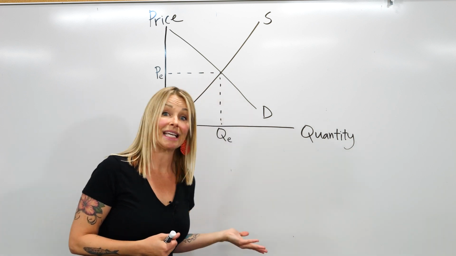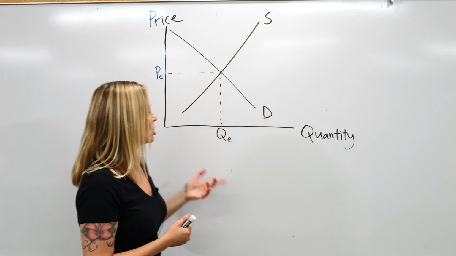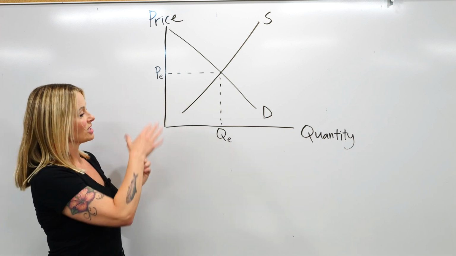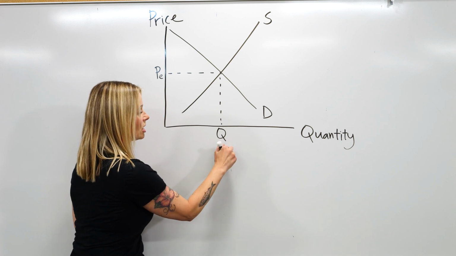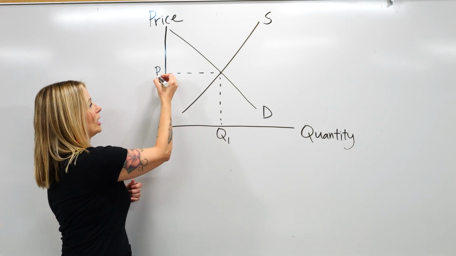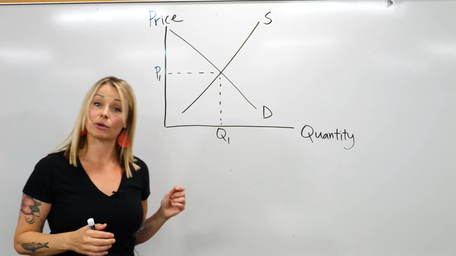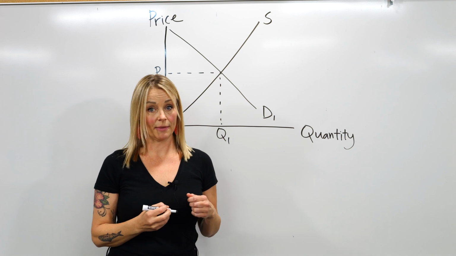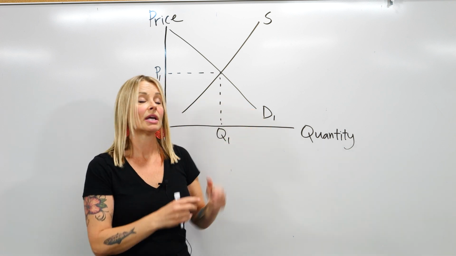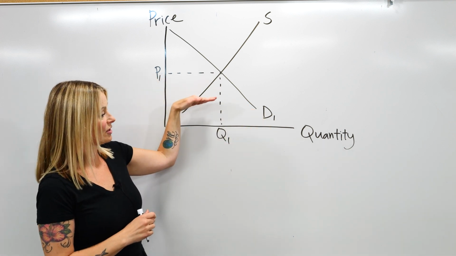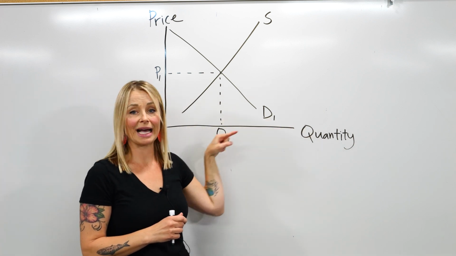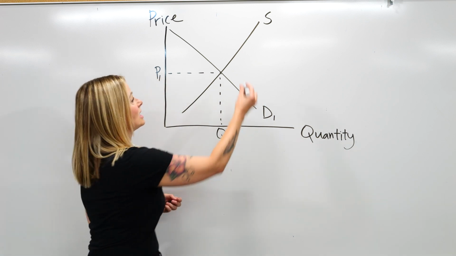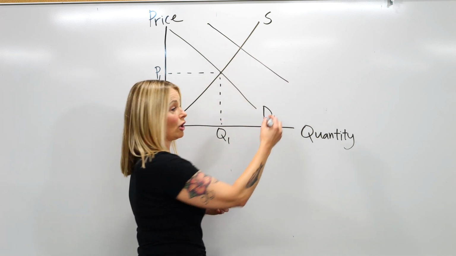So let's say that the people's income in the area goes up. So we start out at our initial equilibrium, but because things are going to move and change, I'm going to switch this to be called Q1 and P1, just meaning that we are here originally. And then we have this original demand curve, D1. But then people's incomes go up. And so they're going to want to buy more of the stuff. So more means we're going to the right, higher quantities. So when the income goes up, the demand curve is going to shift to the right. So we can draw a new demand curve, call it D2,